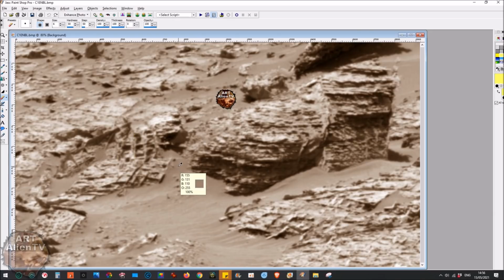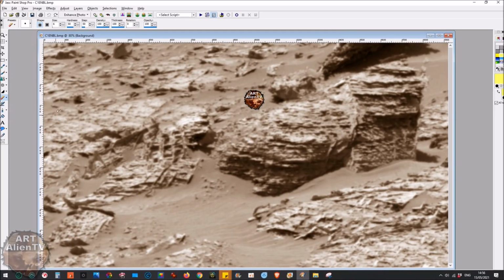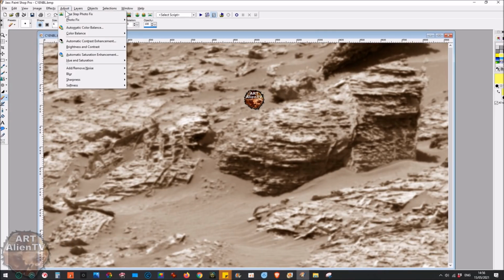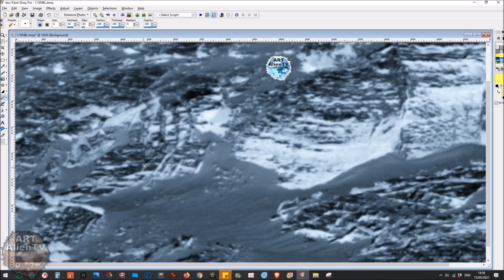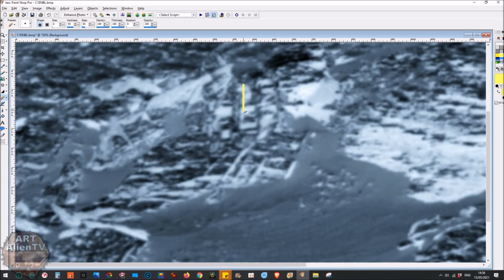Unfortunately, these images aren't that great, and I'd love to see this up really close, but we may get some really close shots in coming days of this, I'm hoping. Okay, so flip it to negative, and you can really see this mesh. I mean, look at it. Wire mesh in the rock, or wannabe rock, which is actually